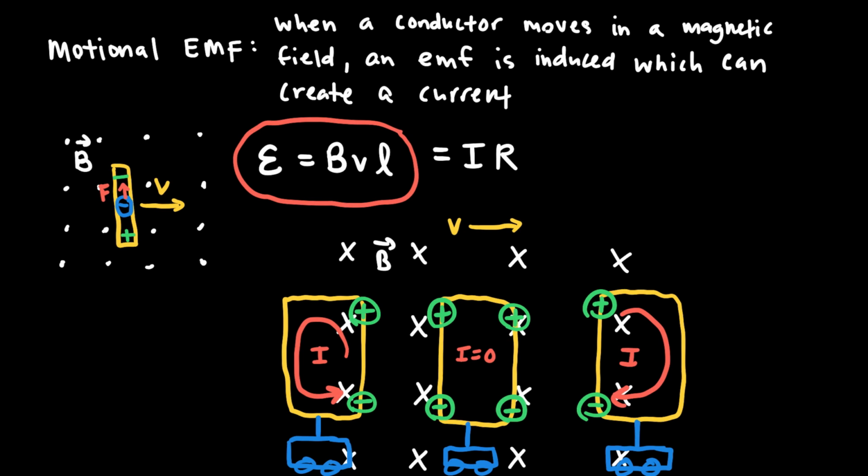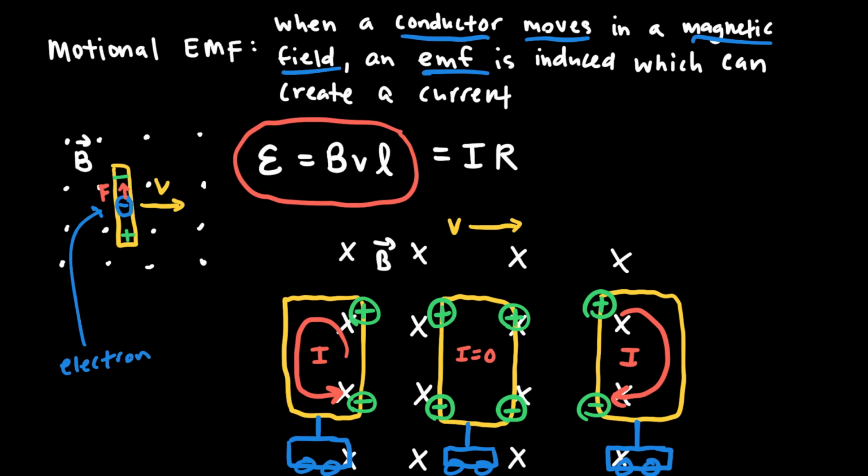The last topic I'd like to remind you of is very much related to what we just talked about, but it's called motional EMF. We talked about how when a conductor moves in a magnetic field, there is an EMF that is induced, and we know that this is possible because on the left-hand side here I just imagine this blue particle to be an electron,